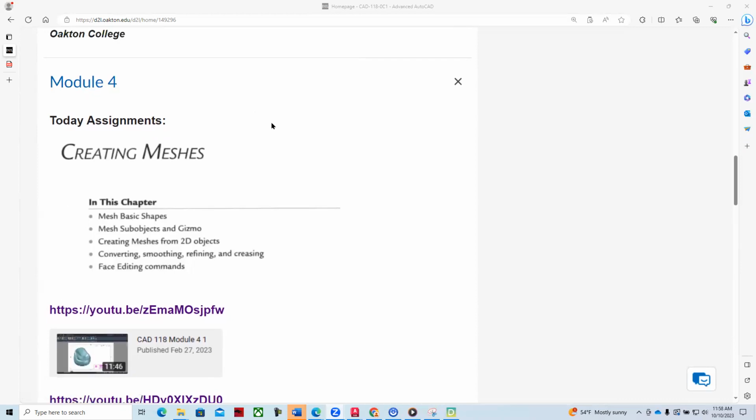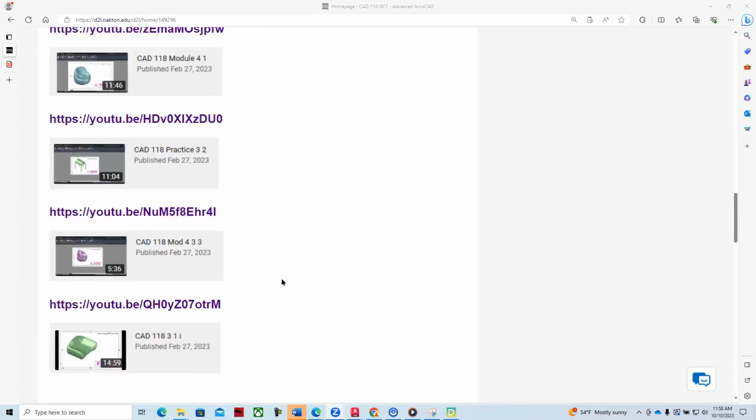We've released module 4, which is chapter 3, creating meshes. And so we'll look at these mesh basic shapes, sub objects, mesh settings, converting them, refining them, and then some editing commands. And meshes are really kind of an AutoCAD thing. I think Rhino will work with NURBS and things like that, but they're faces. If we look at the textbook,